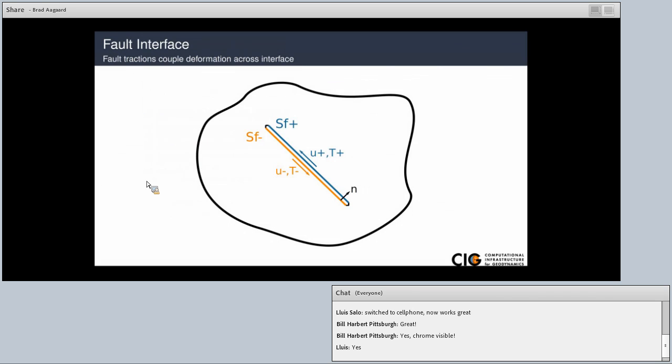Before I give an overview of the parameters or the new features in PyLith 3, I just wanted to mention our fault implementation. These details are given in a paper that was published in 2013 that I'll show in a couple slides here. But generally what we do is we take our fault interface, we have the tractions that are coupled on the two sides, and so what we do is we provide a normal to this fault interface, and